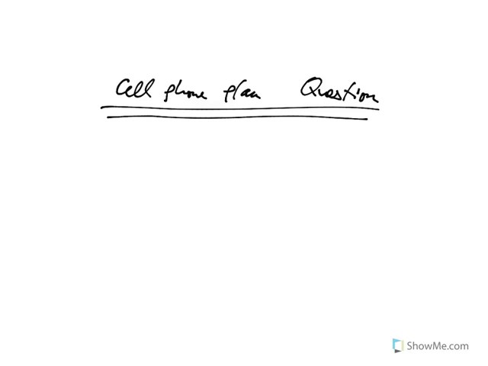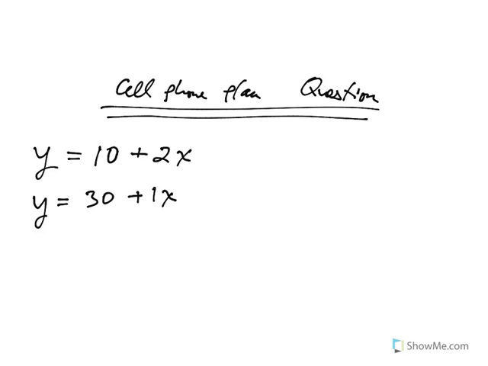The cell phone plan question goes something like this. One company charges $10 a month plus $2 for every hour that you talk on the phone. And the other company, they charge $30 a month, but they only charge $1 for every hour you're on the phone. So depending on, like somebody who doesn't talk on the phone at all, say when x equals 1,